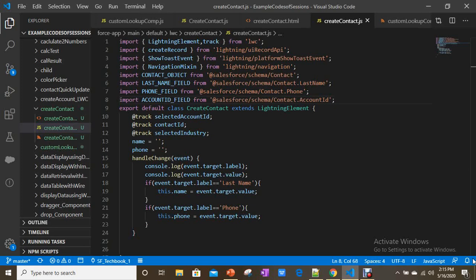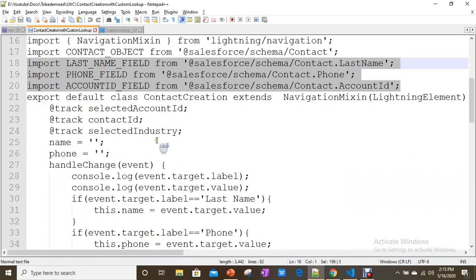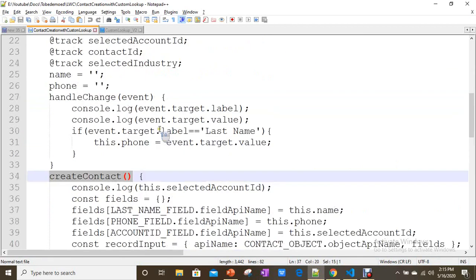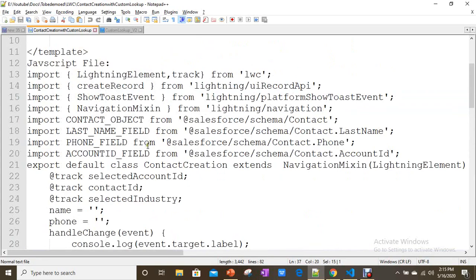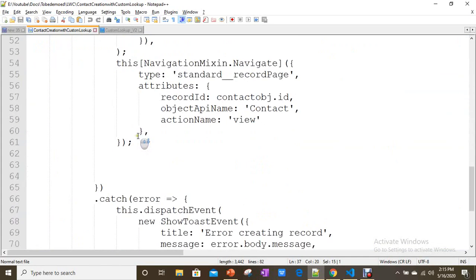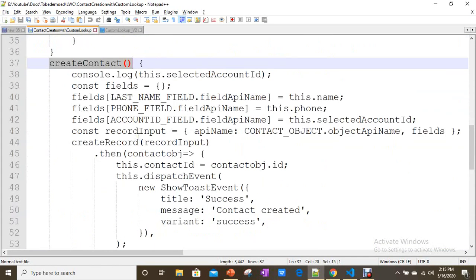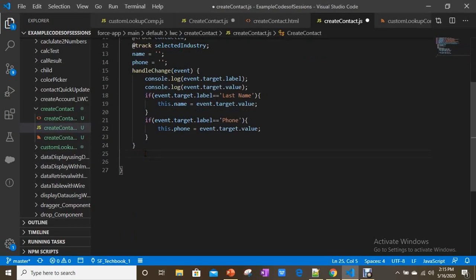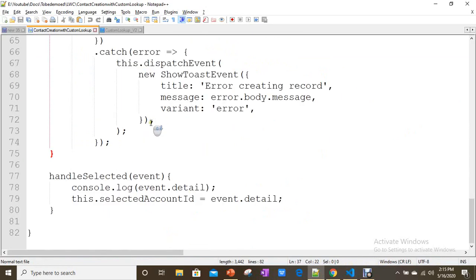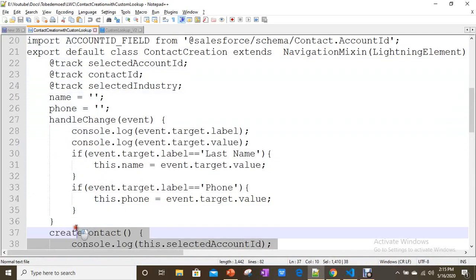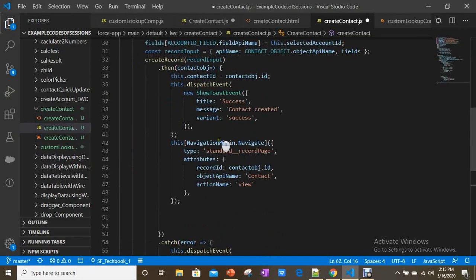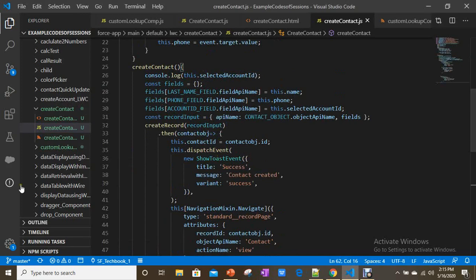Okay, now I'm going to call this method createContact.